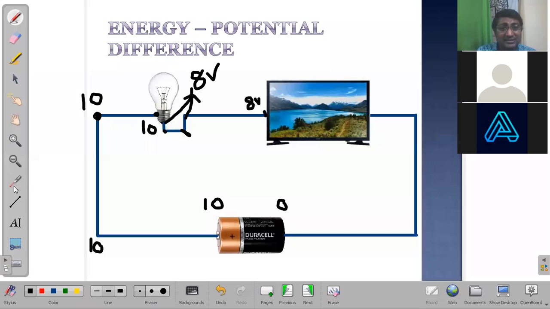Now imagine this particular TV will consume some energy. How much energy do you think it will consume? Any guesses? Any guesses, guys? At this point, it is 8 volts. How much energy would this point be? TV consumes more energy than the bulb. So how much energy would it be? In fact,